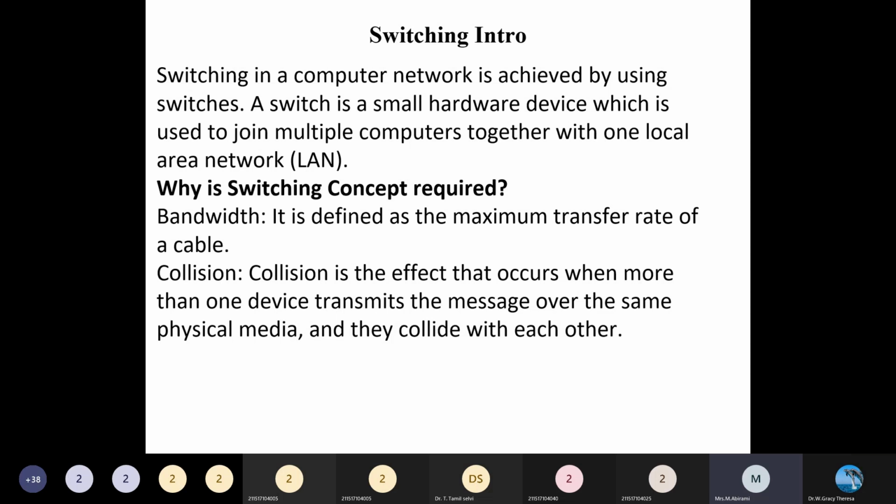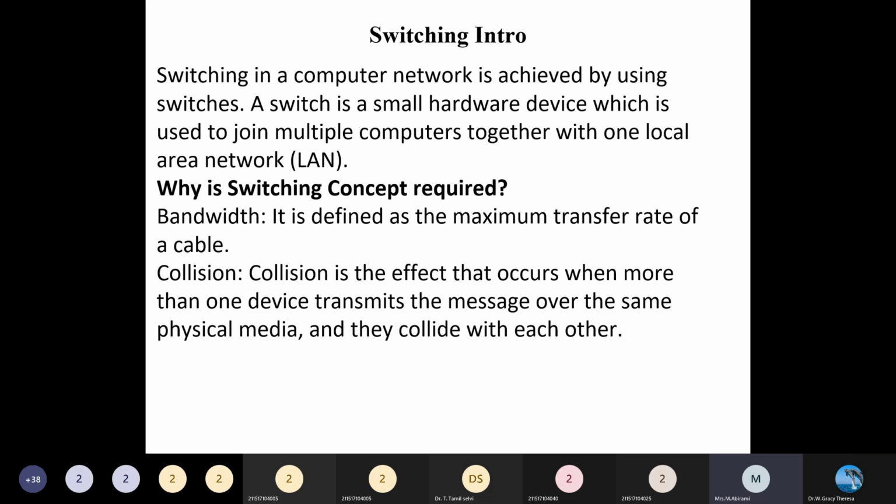It depends on the capacity of the data transfer, within a bit rate. Using the term bandwidth: bandwidth means the maximum transfer rate of the cable. This is the performance factor in deciding the data